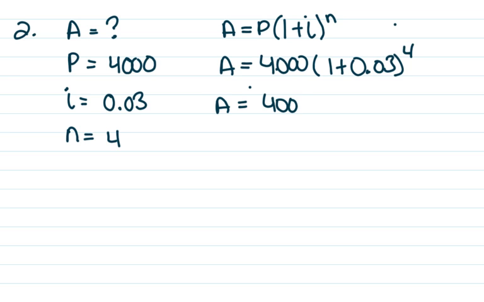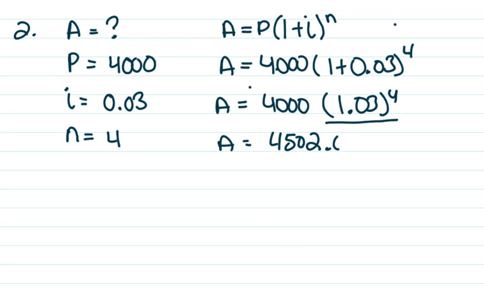So let's simplify this a little bit. In the bracket there, 1 plus 0.03 is 1.03 to the power of 4. So according to BEDMAS, we do exponents next. So 1.03 to the power of 4, type that into your calculator, and then times 4,000. And the total will be